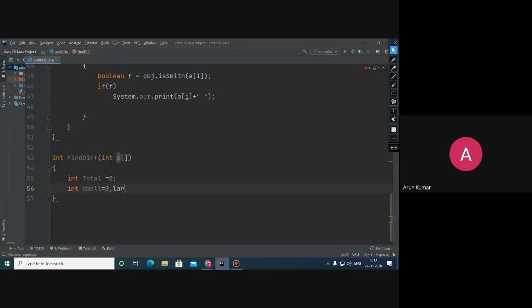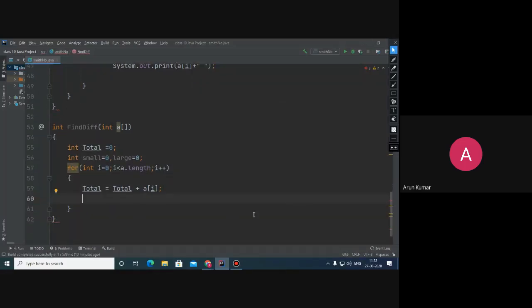First is small and another is large. Here you need to start a loop that will go from this, and here total = total + a[i].